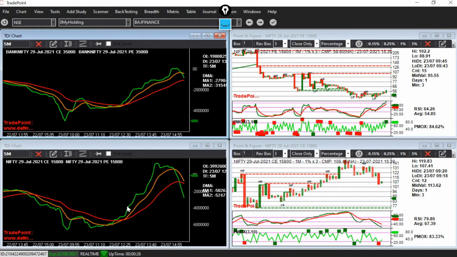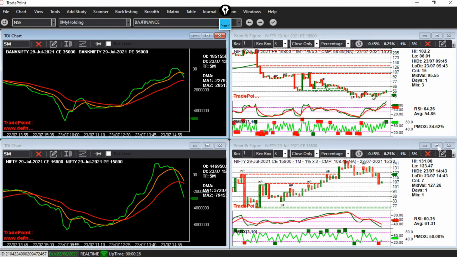If there is any divergence, for example, Nifty on 23rd July, sorry, in the last trading date, which is 23rd July I believe, the Nifty total open interest was below the moving average, and the Bank Nifty total open interest was above the moving average. So in that case you need not take any trade. Both the moving averages should be in one direction, either up or down. For example, here both the moving averages were in the same direction.